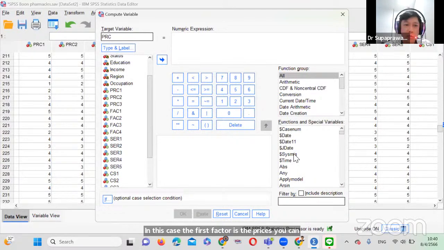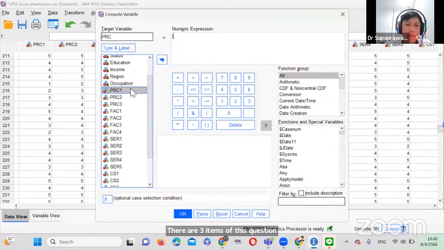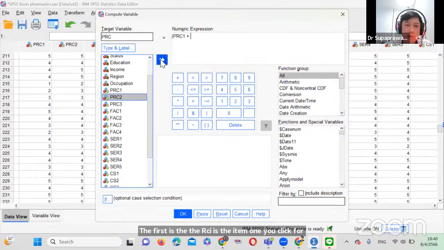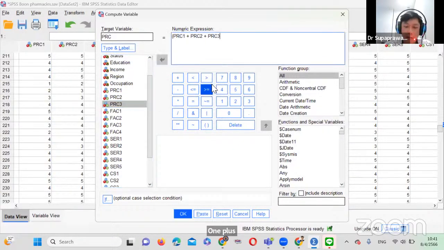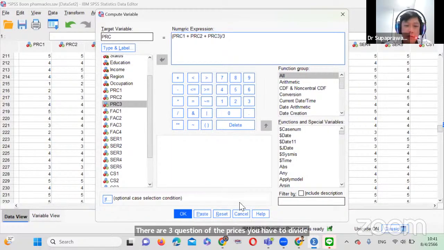For example, the prices, you use PRC. When you would like to compute the variable, the first variable is the prices. There are three items of this question. PRC1 is item 1. You click PRC1 plus PRC2 plus PRC3 and close it and divide by the number of the variables. In this case, the prices, there are three questions of the prices. You have to divide by 3 and you click